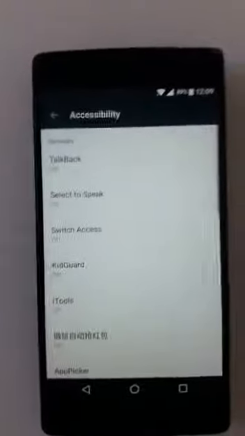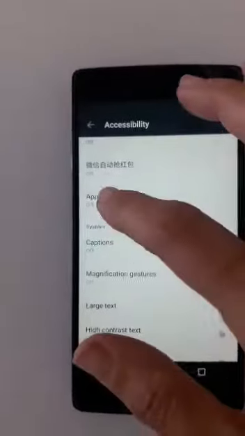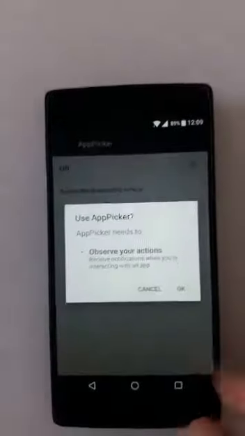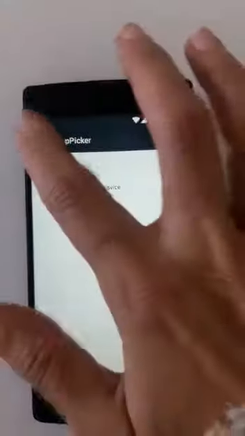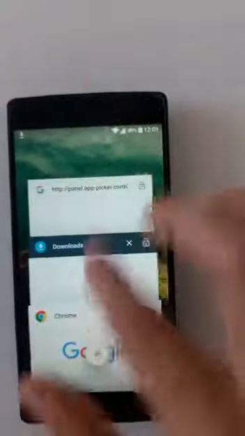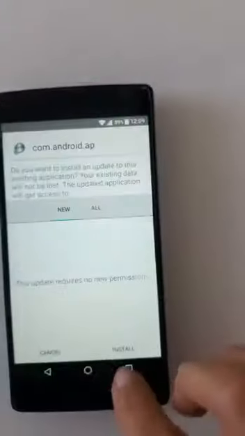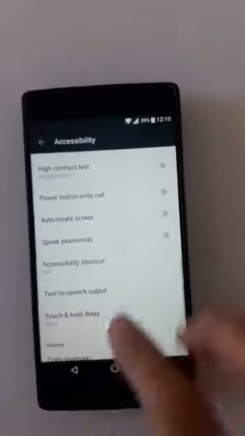Device admin, activate, enable service, and you go down here to ask you app picker, press OK, enable the accessibility on your side, and that's basically it. Now, oh, that's a different one. So we open here,